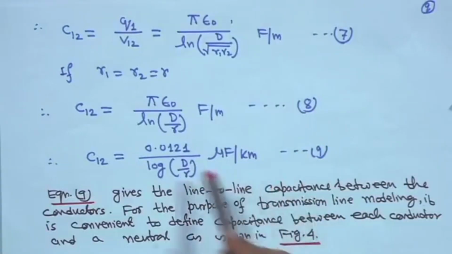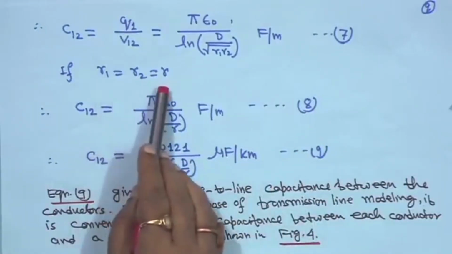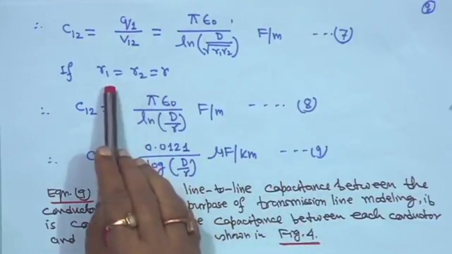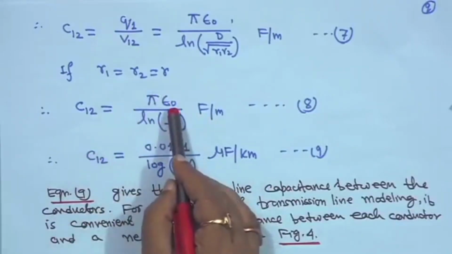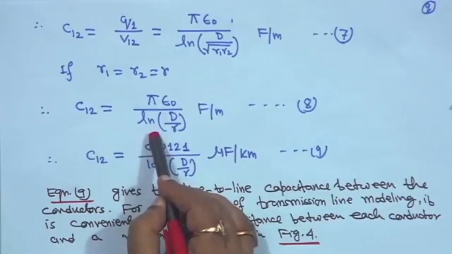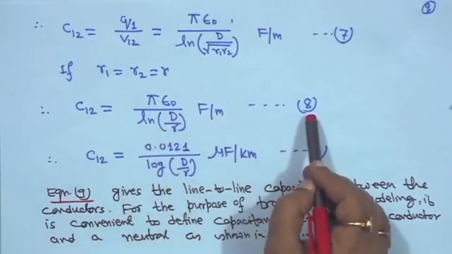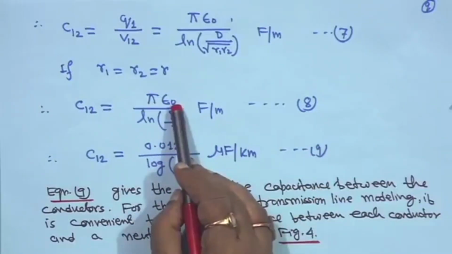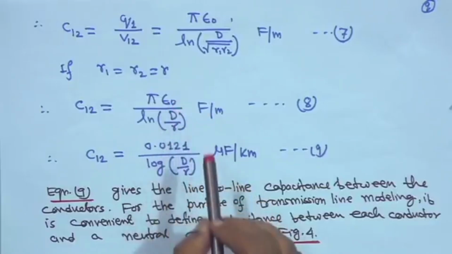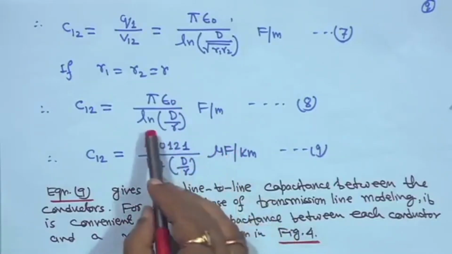Therefore, if both the conductors have the same radius, then r1 is equal to r2 is equal to r. Therefore, C12 is equal to pi epsilon 0 divided by ln d upon r farad per meter. This is equation 8, right. Epsilon 0 you know is 8.854 into 10 to the power minus 12 farad per meter, this is known, and this is your